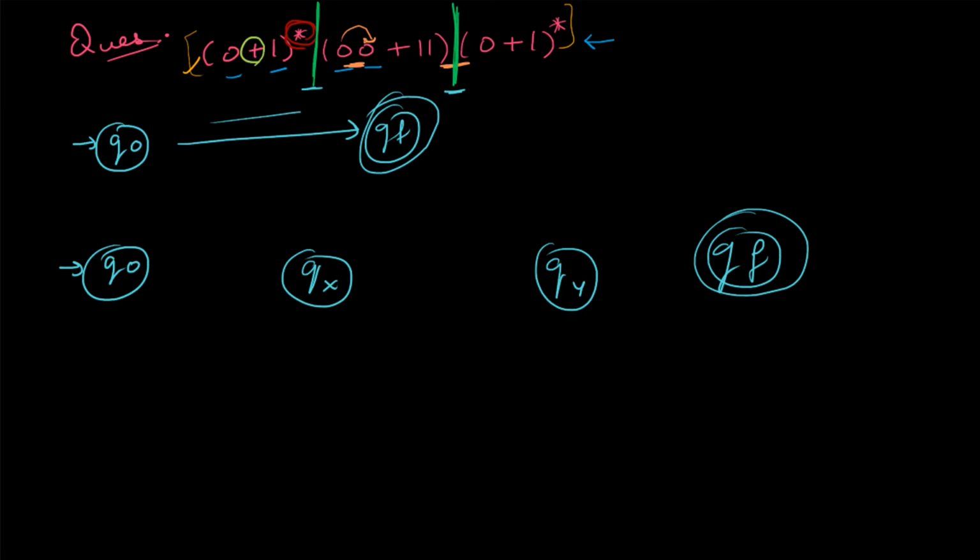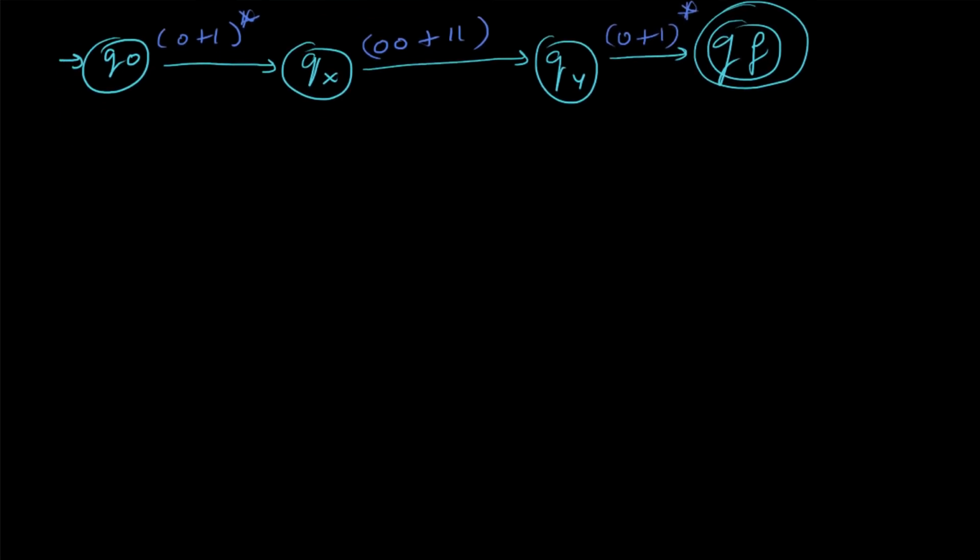So what we have here is something like this, and just use another color. 0 plus 1 closure, 0 0 plus 1 1, right, and 0 plus 1 closure, right. So now we've reached a new state, right. So let's go to the next state and